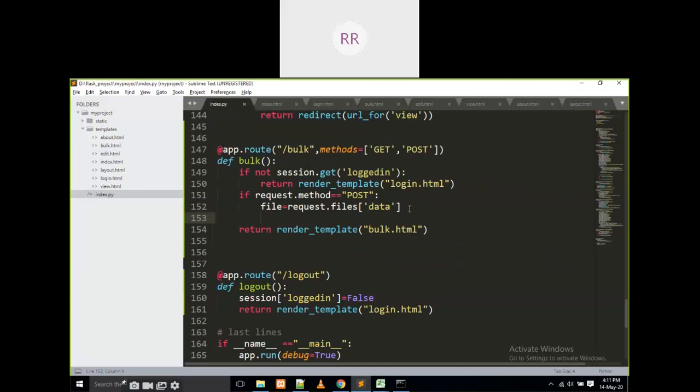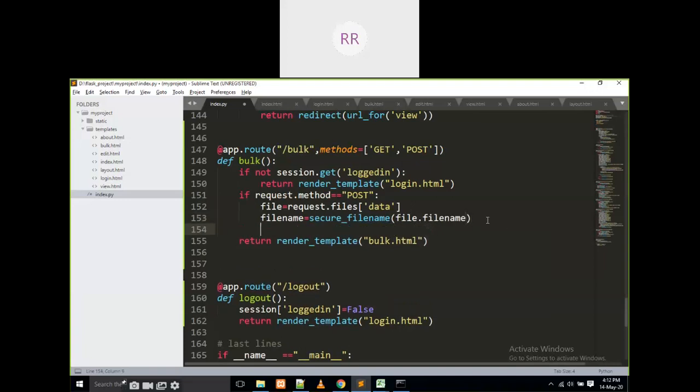Then I am going to write filename. Filename is equal to secure_filename of file.filename.